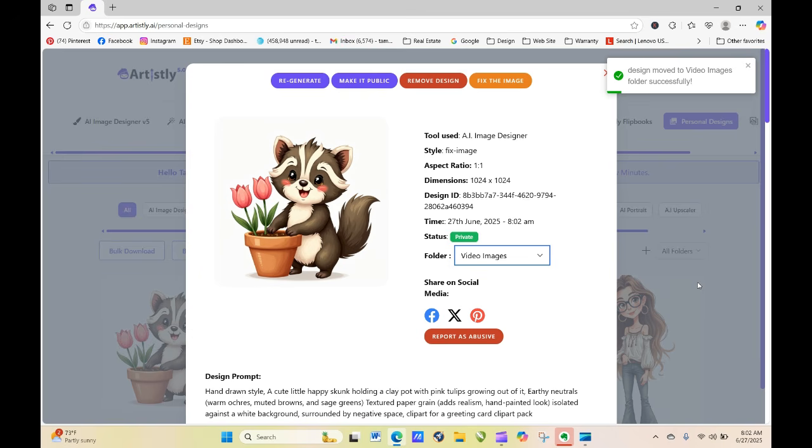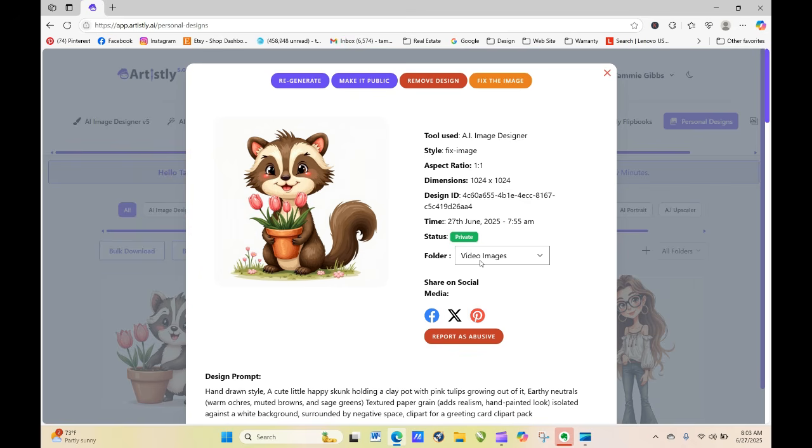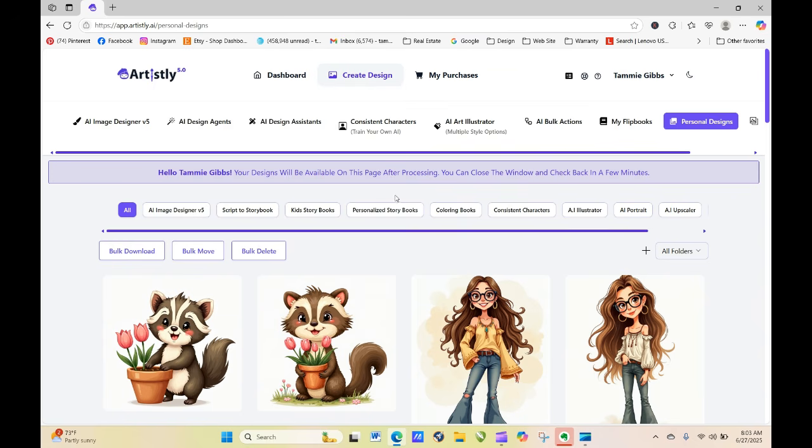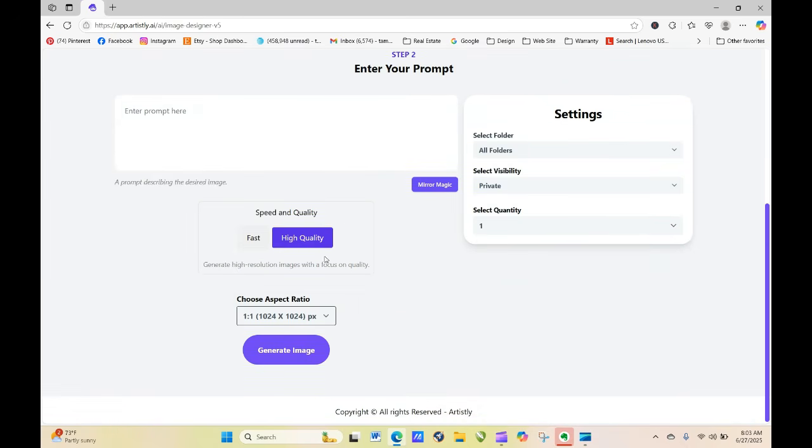When you're fixing images like that, it's not automatically going to go into the folder that you see. We'd already moved this one, so it did not automatically put that image in that folder. Now, how do you get those images inside of a folder? What's the best way for you to start creating? So, for instance, over here with this AI image designer, let's just paste